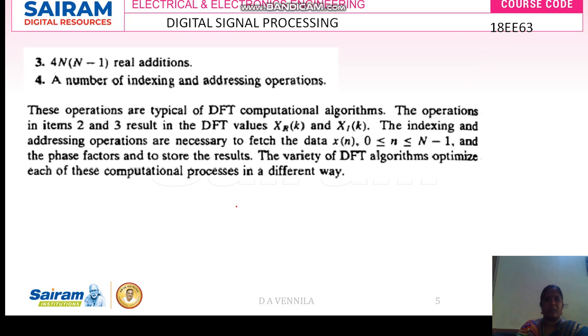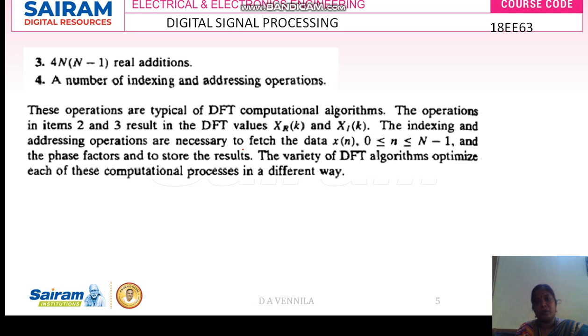But these formulas we are not going to use. We are going to use only the computation using FFT. We need n multiplications, and for adders we need n minus 1. In the case of normal DFT, you need n square multiplications, and for adders you need n square minus n. So the operations here, the DFT and FFT, already I said it is not a separate transform.